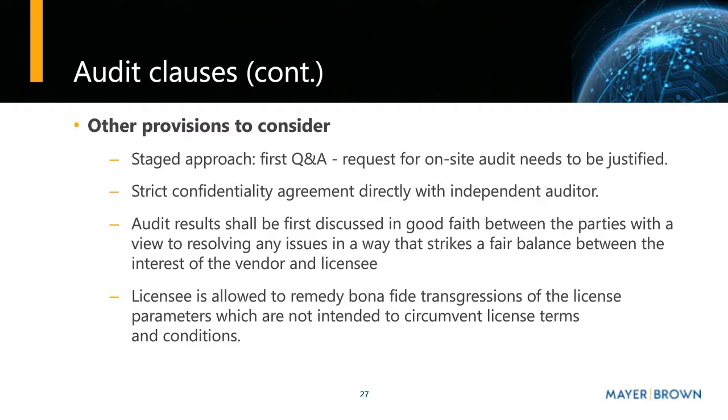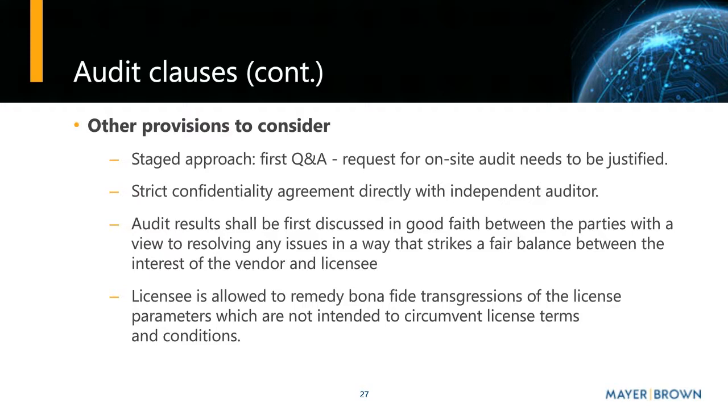If the results turn out to be unacceptable or give rise to additional questions, then go for the on-site audit, but with a justification and only as a second stage. And then we would always recommend, if you can renegotiate, to include an obligation to conclude a confidentiality agreement directly with the auditor. And then also, once you have the audit results,